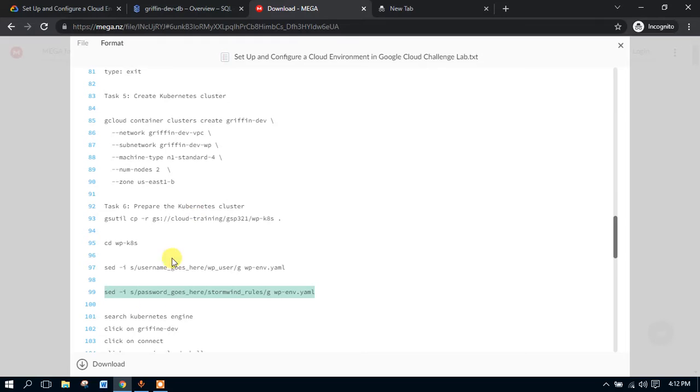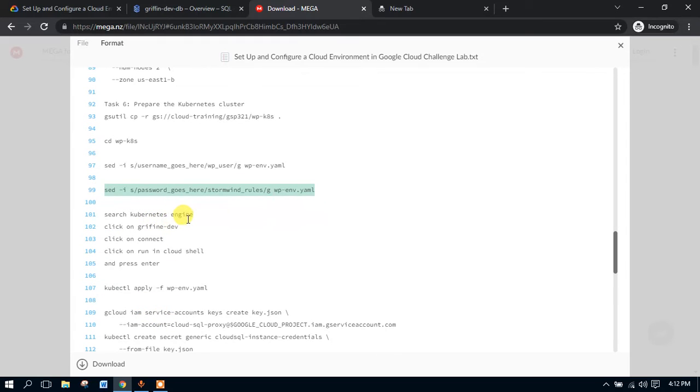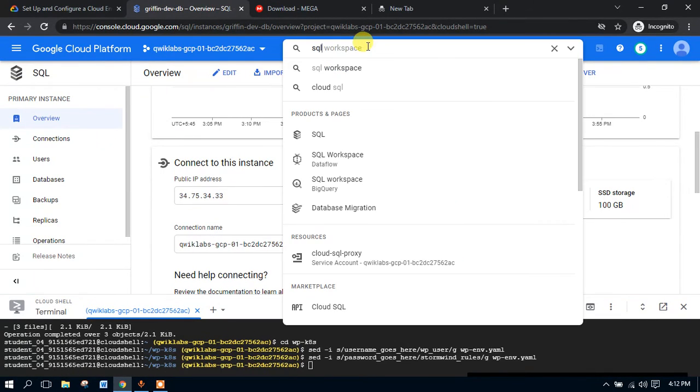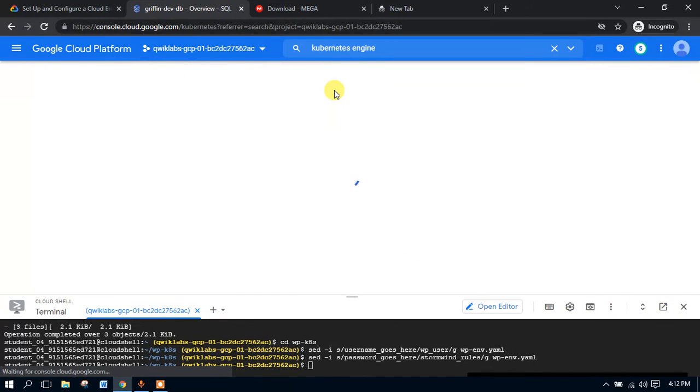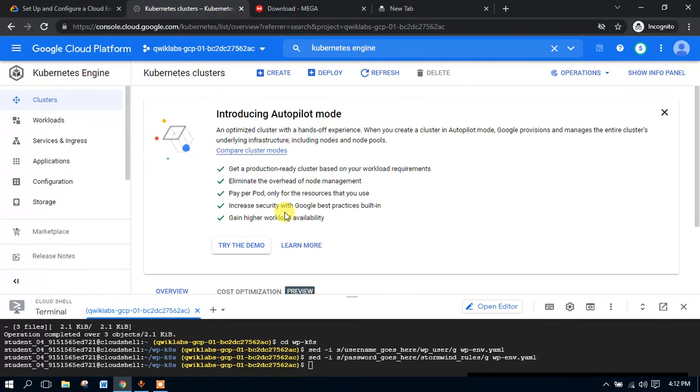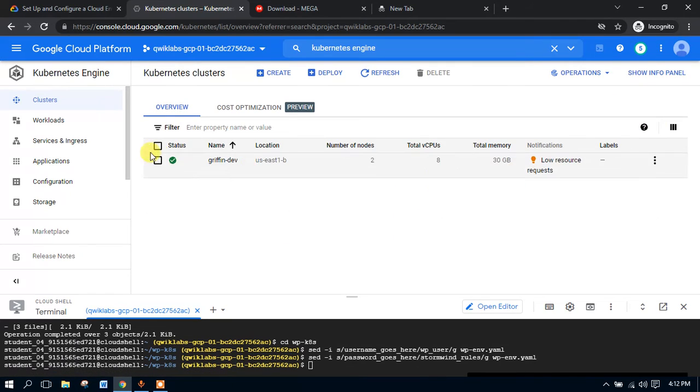Now what we have to do, we have to search Kubernetes engine. Okay, first I will scroll it down there, and now search it. Click the first one, and click on. Okay, just remove this. Okay, click on them,